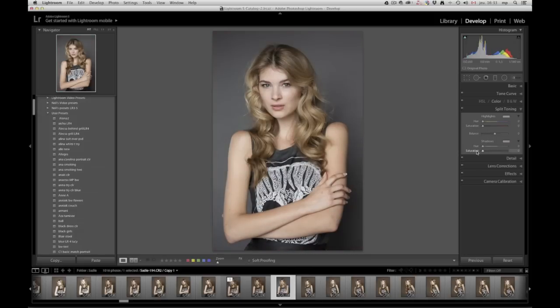When the saturations are set to 0, it's the same as having no addition of color whatsoever. The way I do it is I just increase it a lot, see where it is going to add the color to and what colors I want to add. For her, I want to turn it into a warmer color, not too golden, so that's getting a little bit too far. And you can see it come in, just a little bit around there is probably right, maybe even a little bit less. So it's a little bit in the reds, not too yellow there. And then I'll just take that back down again